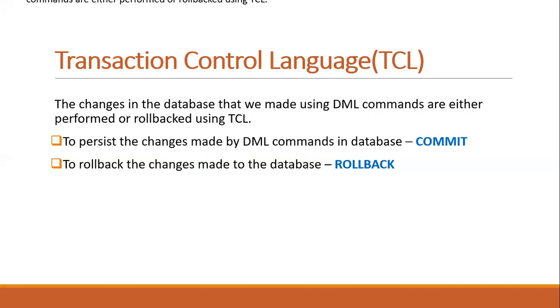Commit is used when the changes made by the DML commands are to be permanent. So we know the transaction is completed, or we have committed the transaction. But there are chances when the transaction is not completed or it is stopped somewhere in the middle. So we need to stop the transaction at that point and we have to roll back the database to its previous instance, so there will be no inconsistencies.